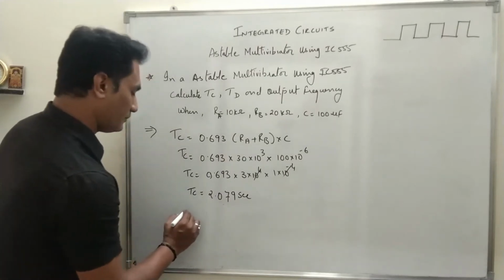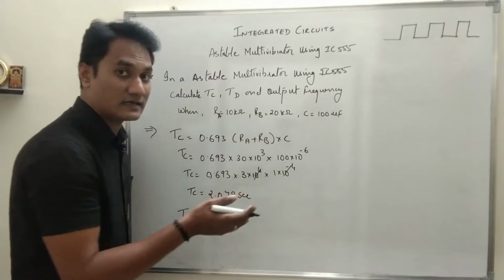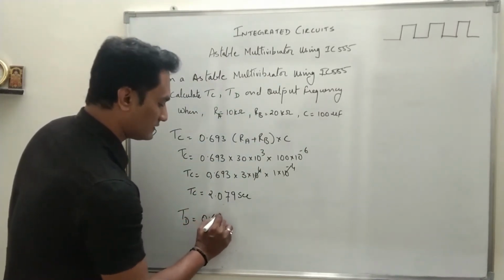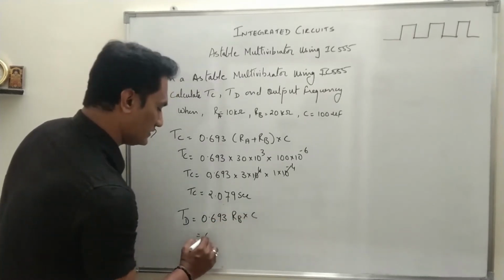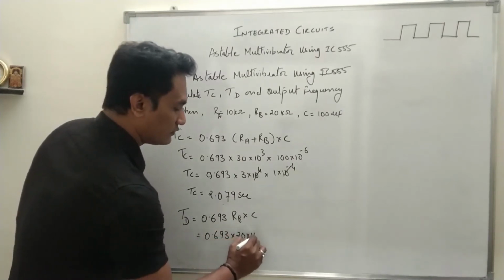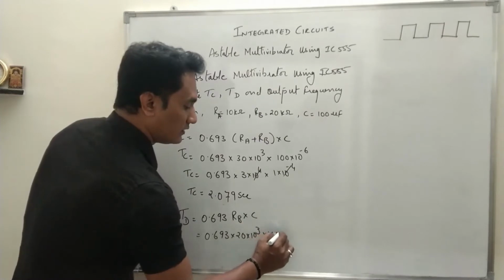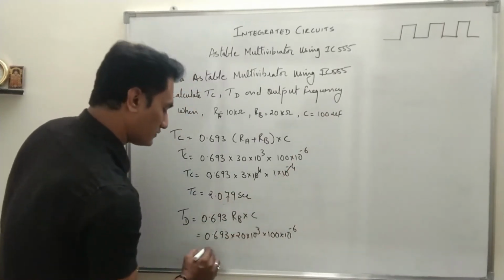Similarly, the second part will be discharging time. And what is discharging time? While discharging, it discharges through RB, so it is 0.693 RB into C. So it will be 0.693 into 20 into 10 to the power 3, that is 20 kilo ohms, and 100 into 10 to the power minus 6 because 100 microfarad. Okay, so this value will be